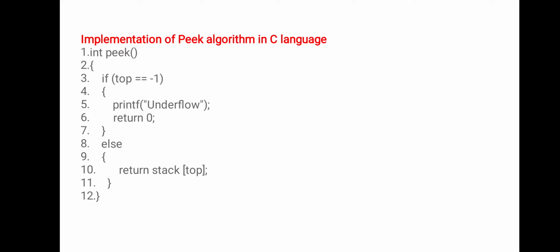Here also we check one condition, that is the underflow condition. It means if top is equal to -1, which is the initial condition, it represents that the stack is empty. So if it is empty, we are unable to print any element. Else it prints the top element. These are the functions which are performed on stack: push, pop, peek. And this is the array implementation of stack.